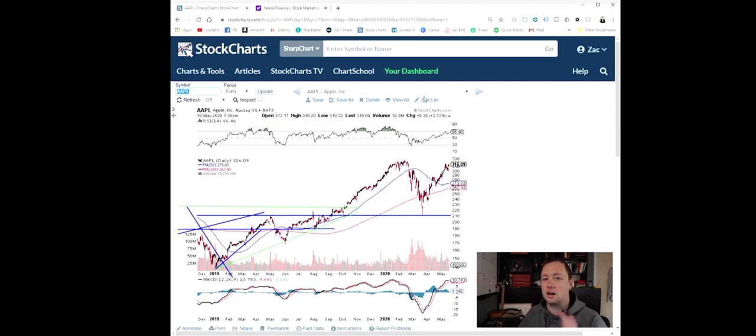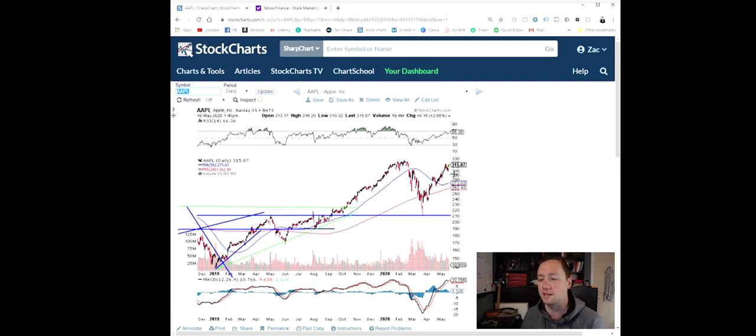This is just based on alphabetical order. It's not broken down by industry or anything else. It's simply alphabetical. So we've got Apple pulled up here, and this is really interesting. We had a lot of patterns coming up in early 2019 and about halfway into the year, and then we saw big rapid growth all the way up to that 330 mark, and then COVID hit and it brought this stock all the way back down to almost 210. We went from 330 down to 210, and if you look at this chart now, we are back up to about